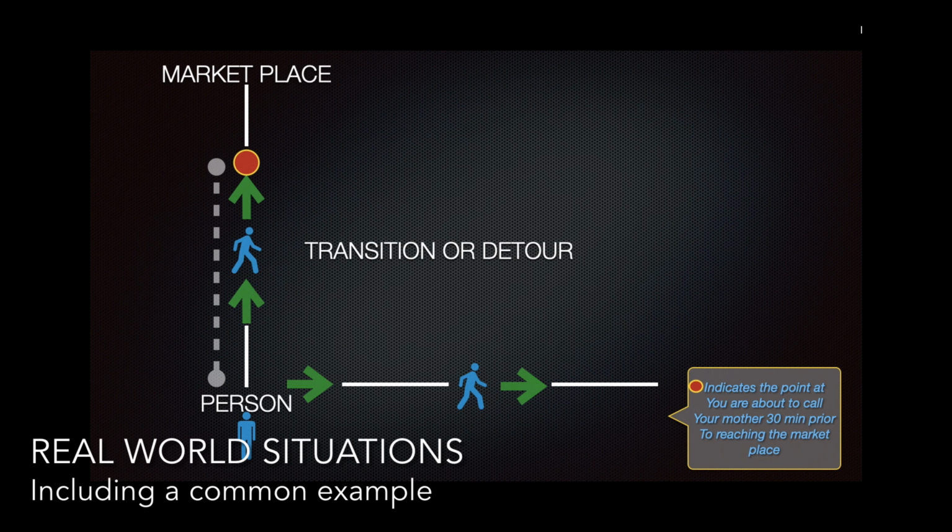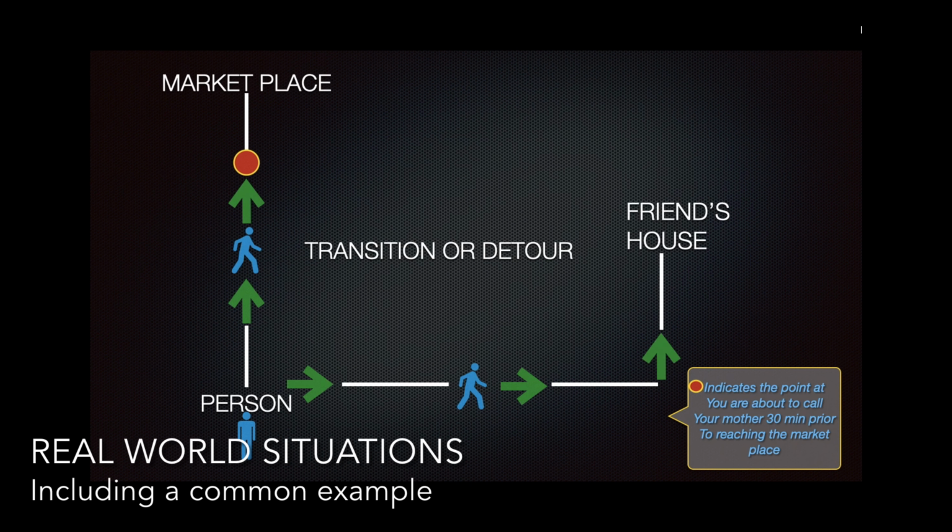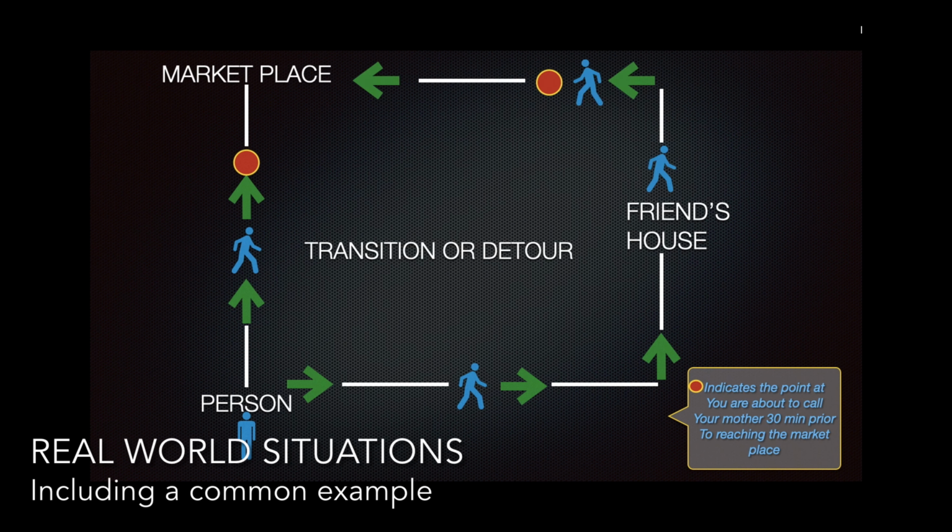But afterwards, you think of meeting one of your friends, taking a slight detour, and then 30 minutes prior to reaching the store, you call your mother. Now imagine the point at which you are 30 minutes far from the store as the top of descent point, the planned route as the direct approach, and the new route as the transition approach, and you will understand the